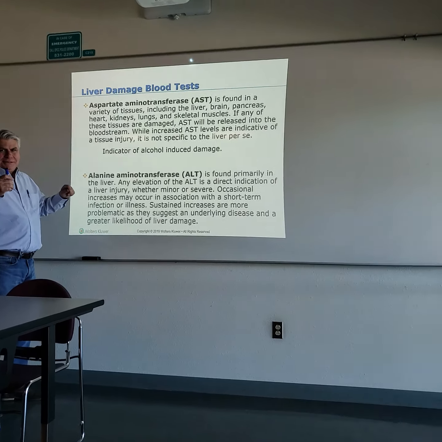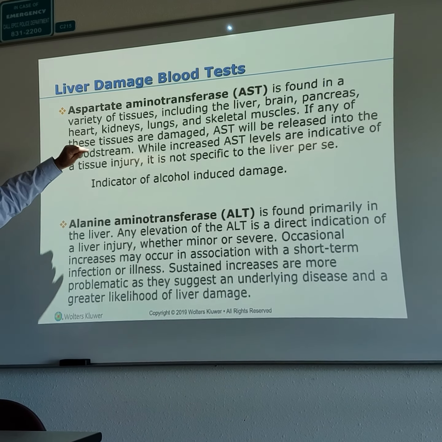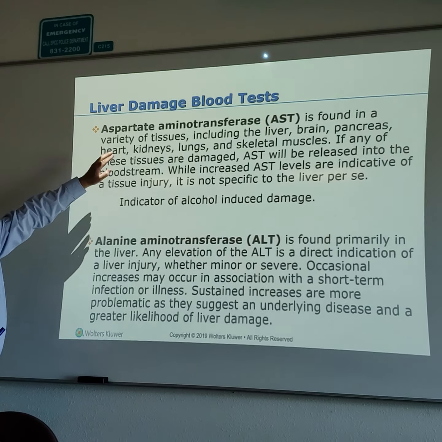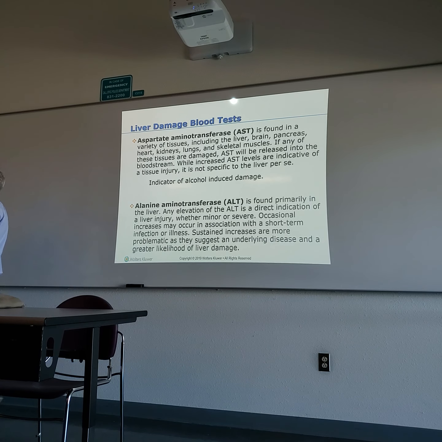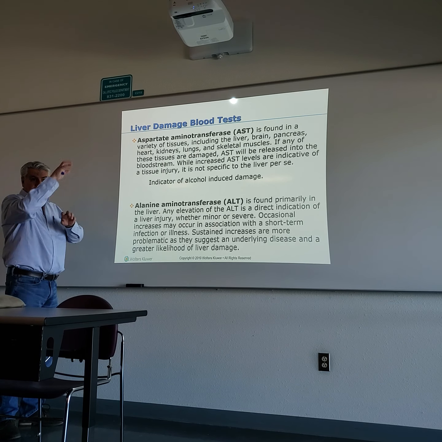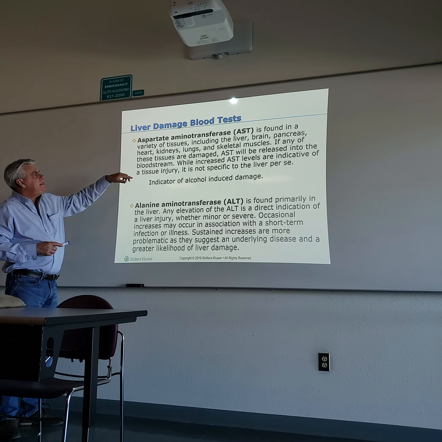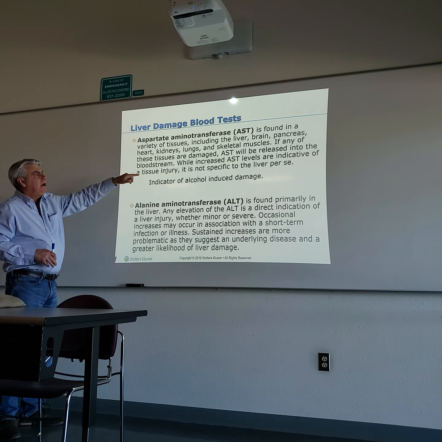No pictures. AST, aspartate aminotransferase, is found in, so look at here, a variety of tissues including the liver, right? But also the brain, pancreas, heart, kidneys, lungs, skeletal muscles. It's kind of everywhere. These are the enzymes that move amino groups to make proteins, okay? They take amino groups and put them on there. It's a transferase. AST will be released in the bloodstream if you get damage to these cells, right? While the increase in AST